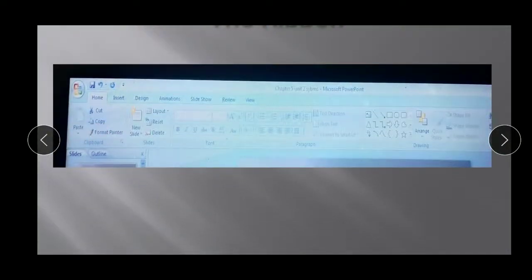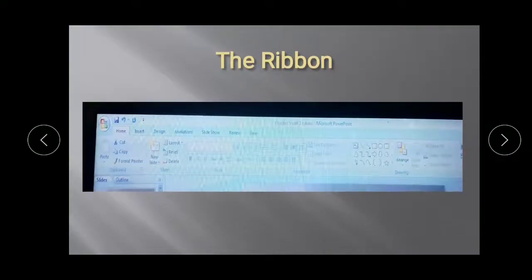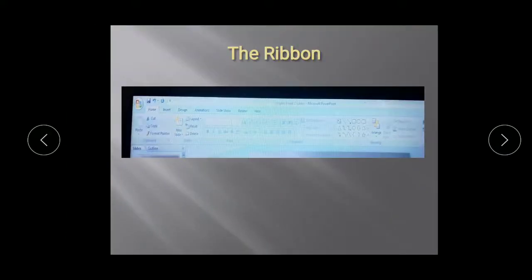A ribbon can be hidden. It's not necessary to have the ribbon all the time. It totally depends on the user's choice whether you want the ribbon or not. So basically you can hide the ribbon, and if you want, you can minimize it as well. Whenever you need it, you just click on maximize and the ribbon opens. Once your task is done, it scrolls up on the screen and is disabled.